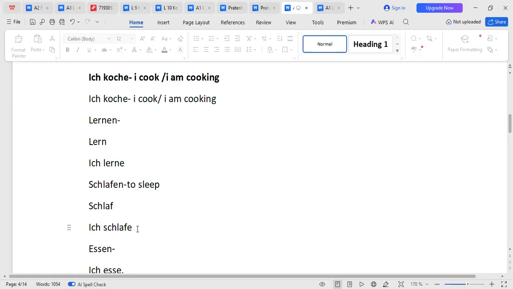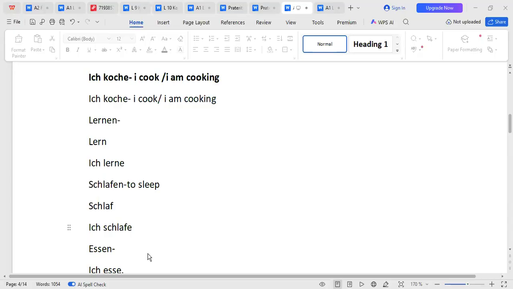And so on, students. The first rule with the ich is very, very important. So when you're conjugating with ich, have the verb. The verb is kochen. Kochen is to cook. Remove the en from the verb, the stem verb, and you remain with koch. So if you are saying it with ich, which is I, just add an e at the end of the koch. So ich koche, I cook or I'm cooking.